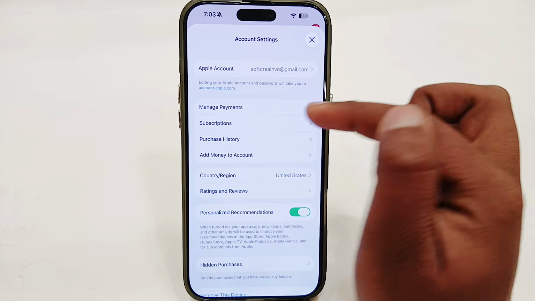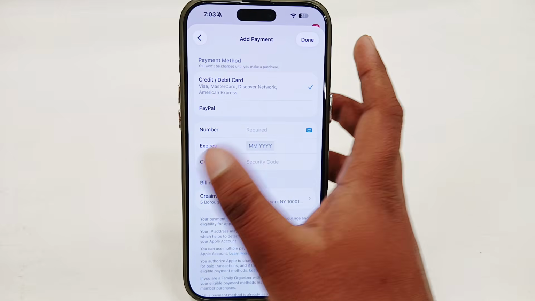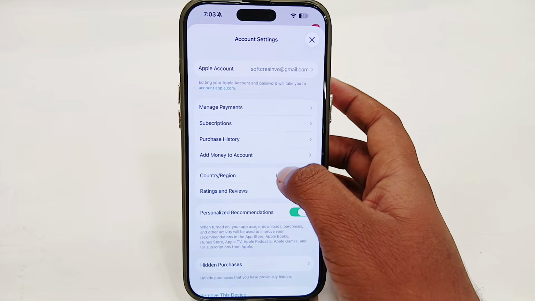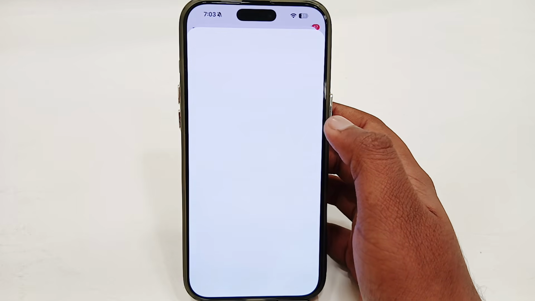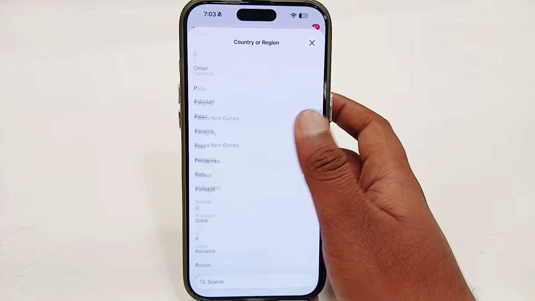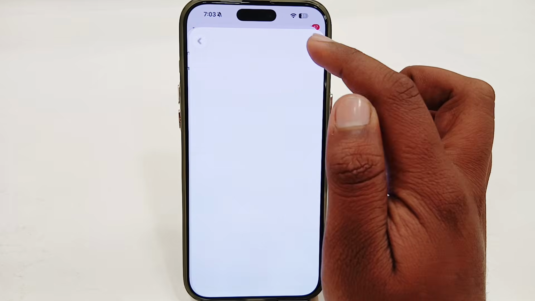But I recommend you go to the Manage Payments option here and try to remove your payment method. Once you have removed your payment method, go back and go to the Country or Region option. Then select your own country or region in which you are living, or the country or region which you have just selected in your iPhone settings. For example, I'm going to select this one, and I have already selected this. Just tap on this,